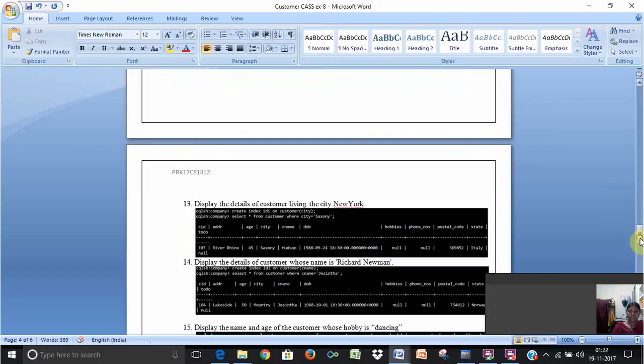So coming to the 13th question, display the details of the customer living in the city New York. So we will display it in a where condition. We will display New York in the output. So we'll give create index ID1 on customer city, because select star from customer where city equal to New York. I didn't create a New York in the table, so I gave it some other name. So it will display the details of that